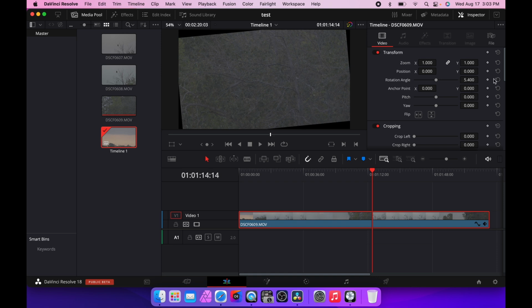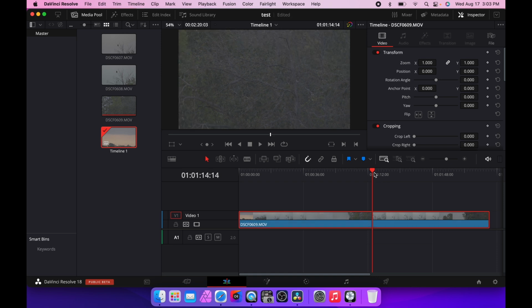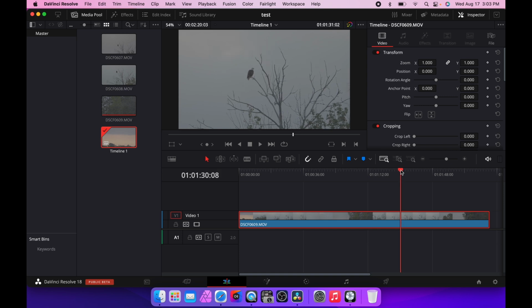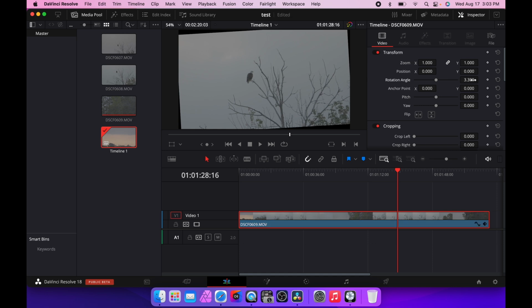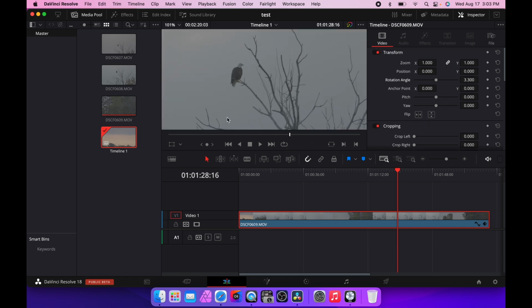What have I got crooked? Oh, here we go, rotation angle. So let's say here's your bird, and you've got him crooked like this. You can see, because I haven't zoomed, that it's starting to mess this up in your frame. So an easy way to fix that,